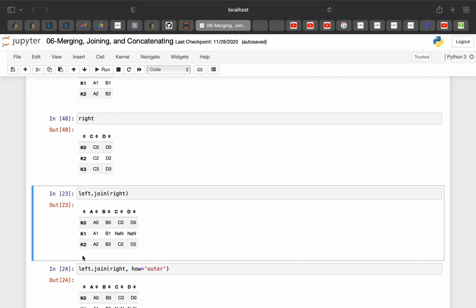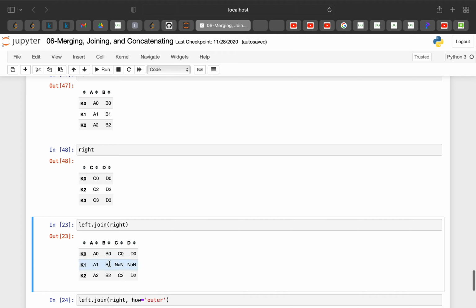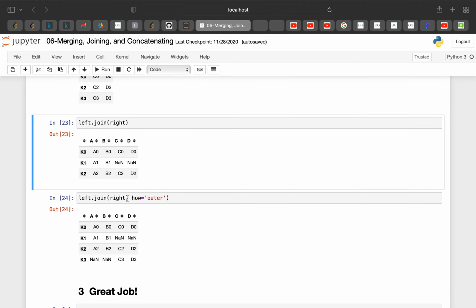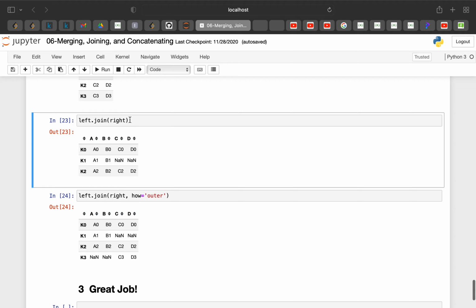Suppose I have this K0, and in my index wherever I have my K0, so K0 in left data frame I have the values A, B, and in my K0 I have C, D. So what it will do, it will join those 4 columns on that particular key. And for K1 also it will do, and because K1 I don't have here, because what we are doing here, we are performing outer join, and we are joining the rightmost. So what is the rightmost? This thing. So this, rightmost, it will not take as a reference, it will take a reference as the left one, because in left we are joining the right.